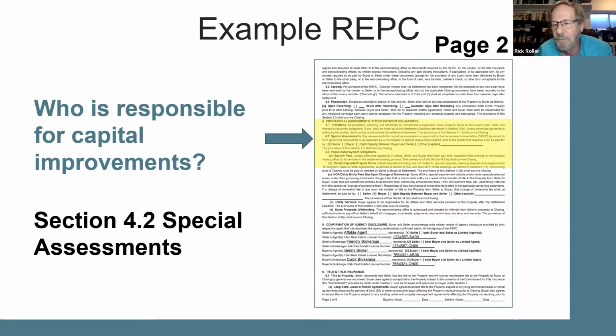So when I first moved to this state, our contracts didn't address this issue. I came from Colorado. I was a broker in Colorado for a few years before I came to Utah. And we always addressed it. And so when I came here and it wasn't even addressed, what happened is that buyers would buy a property